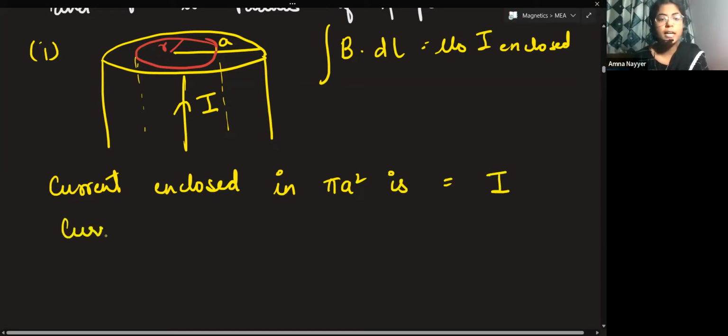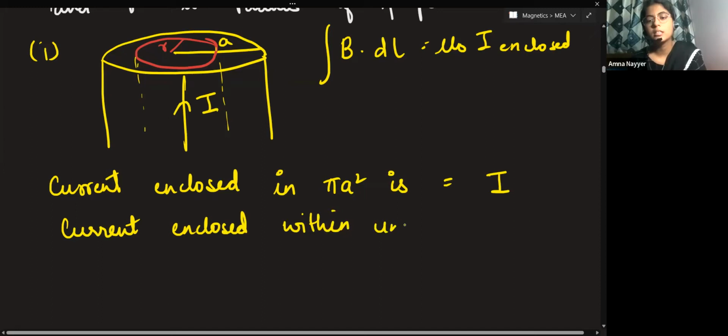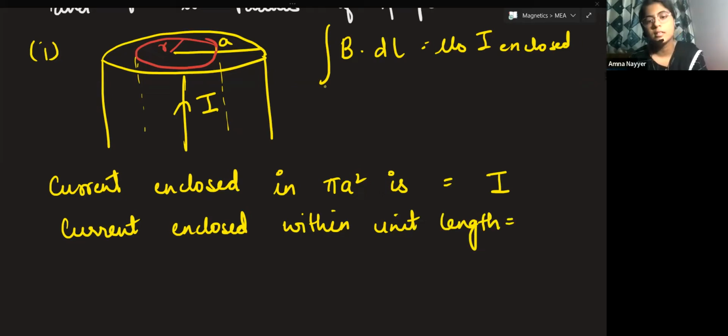Now, current that is enclosed within unit length. Yes, Hanifa, what will be the current enclosed within unit length? Current enclosed for pi a square is I. For a single unit length, it will be